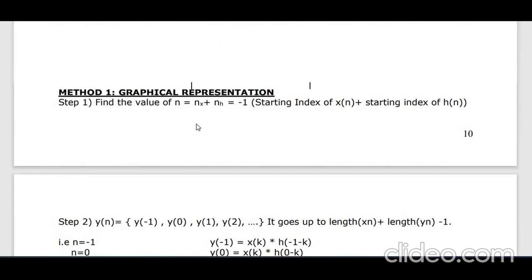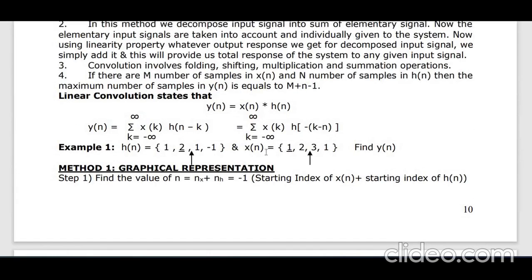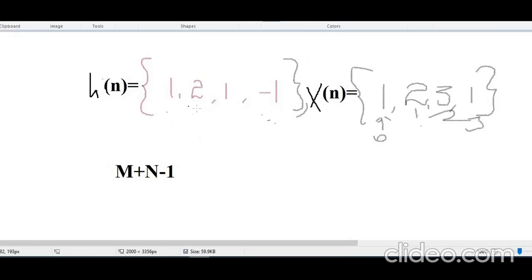So students, what we have is the first sequence 1, 2, 1, -1 and the second sequence 1, 2, 3, 1. As you can see here, I am using this one and this one. So what is the position value starting from? This is the position value we have. This is the 0th position, this is the first position, this is the second position, and this is your third position. So these are our position values. Here also 0, 1, 2, 3.